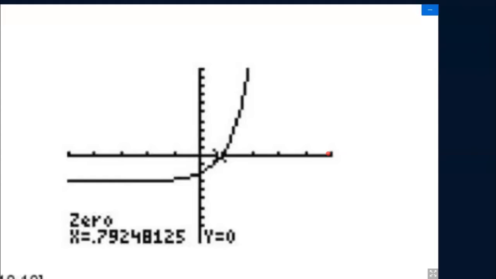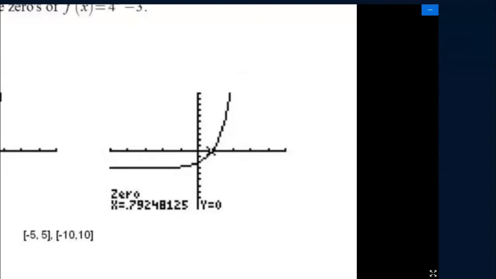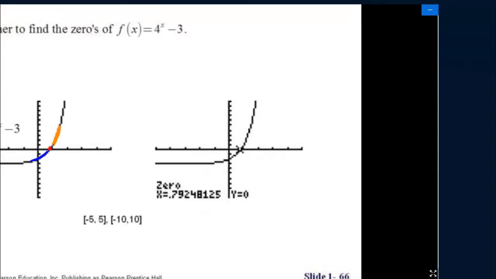So remember, everything in calculus is 3 decimals. So your 0 or your answer is 0.792. So when I ask you to find the zeros of that function, your answer is